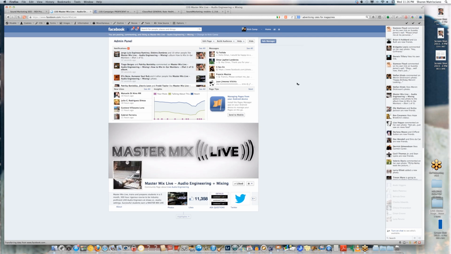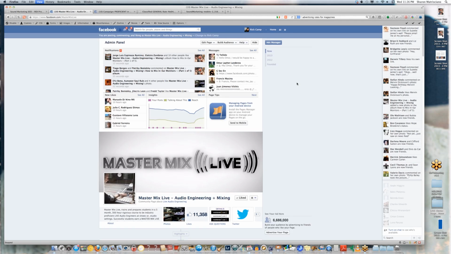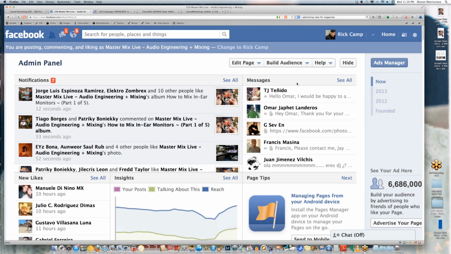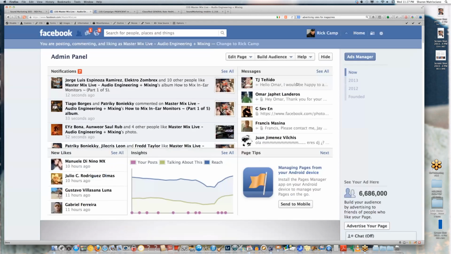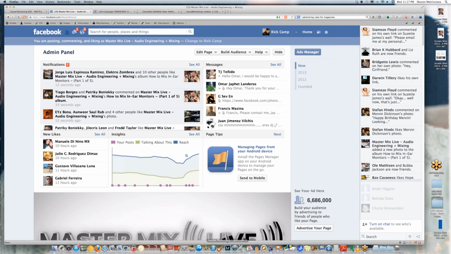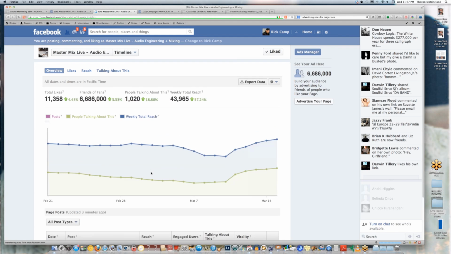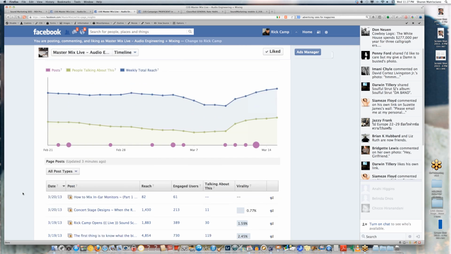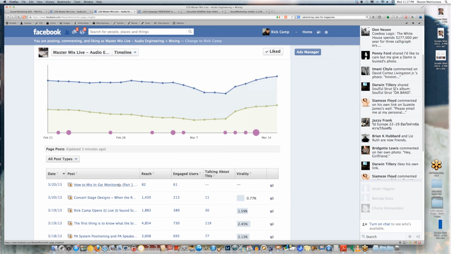Now let's see, where are we? Because we've only got these 15 minutes. I'll go ahead and enlarge this for you. Okay, this area here is the administrator's panel. So if your business, either you're manning this or you have someone that's doing the postings for you, this is a very important area because in this location you have your insights. Here's where you're going to find out the performance of each story and how well your visitors or your contacts are connecting with you. Now, we just posted this story about the monitors, and as we saw, we'd reached 82